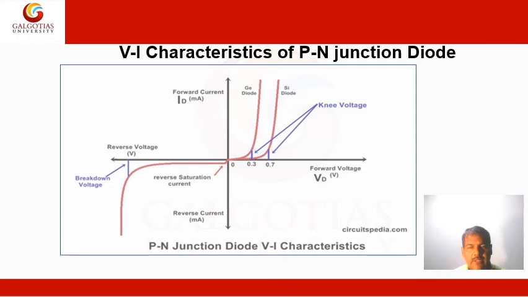The reverse characteristics are shown here because in reverse bias the depletion layer is increasing, so no current is flowing in the reverse direction. But due to thermal agitation, a few minority carriers are available in the P-type and N-type regions. Due to these minority carriers, current flows in the reverse direction. At the reverse breakdown voltage, as you can say, this point indicates the reverse breakdown voltage at which the current is increasing drastically. So this is the complete characteristics of the PN junction diode for different materials.